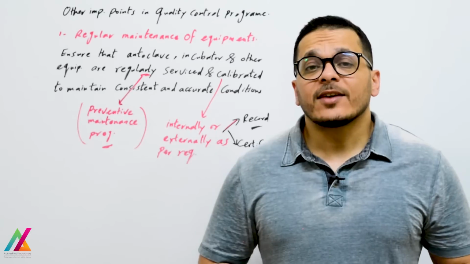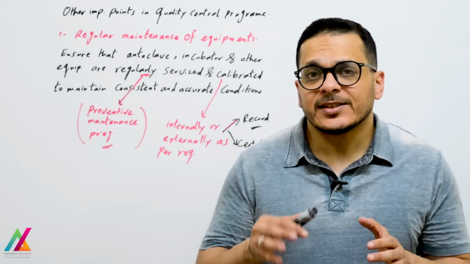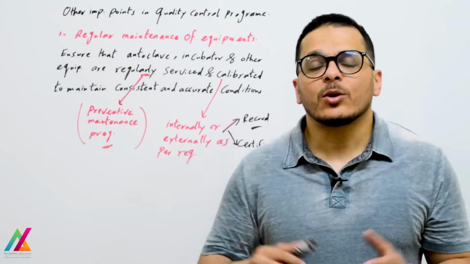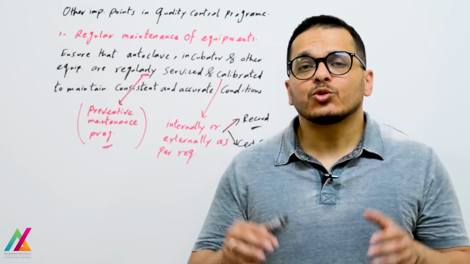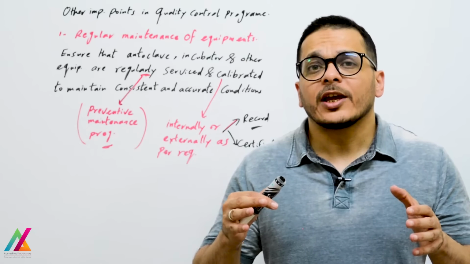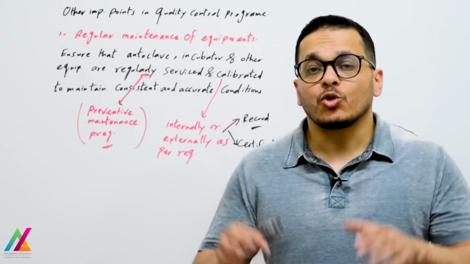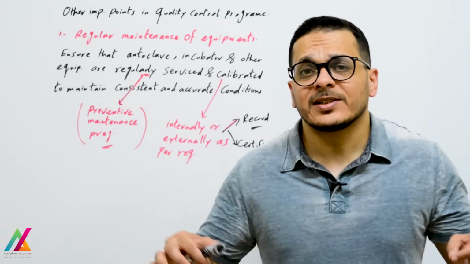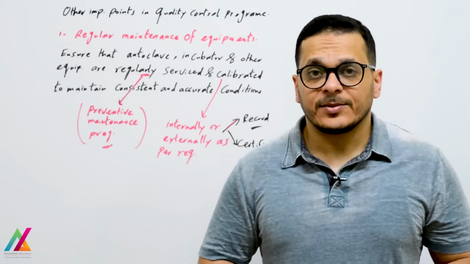In the previous lecture, I explained sources of uncertainty, and I started explaining some points related to the quality control program, how to prepare the quality control program. I started with ensuring the performance of media, how to ensure that this media will be able to support the growth of target organisms, and this is very important. Quality control program is very important to ensure the performance of every step during the whole measurement process and to ensure the accuracy of results at the end.